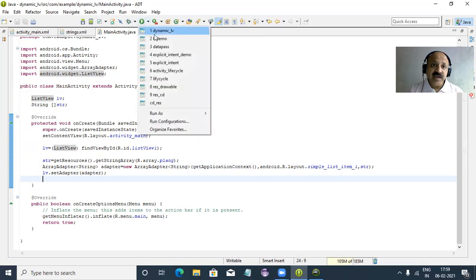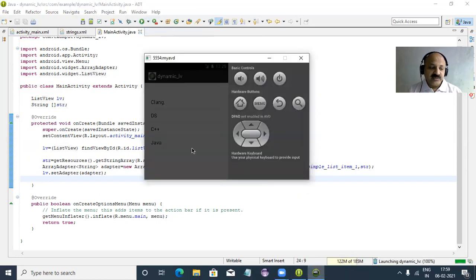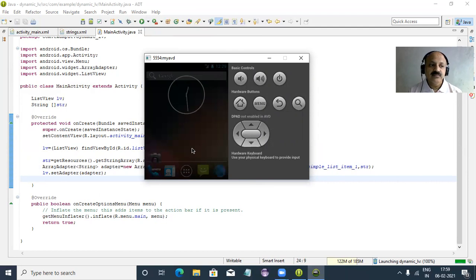So that list is bound, then we can select an item and display. You can wait, that is taking some time. Yes, that process is going on, and now I think it appears.